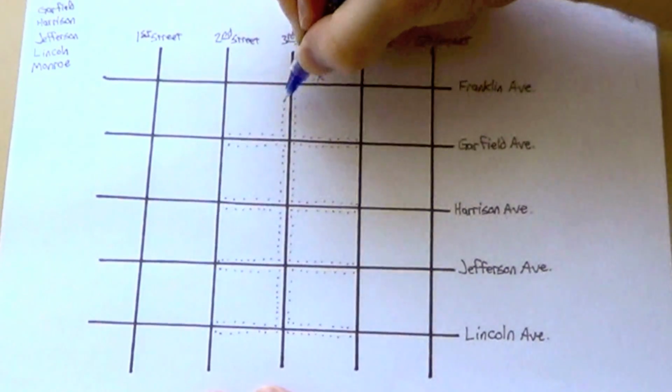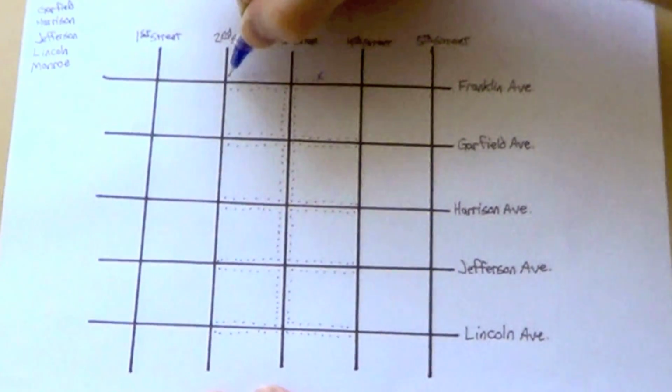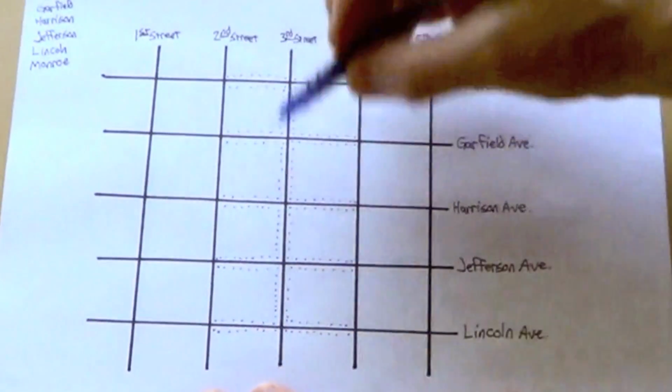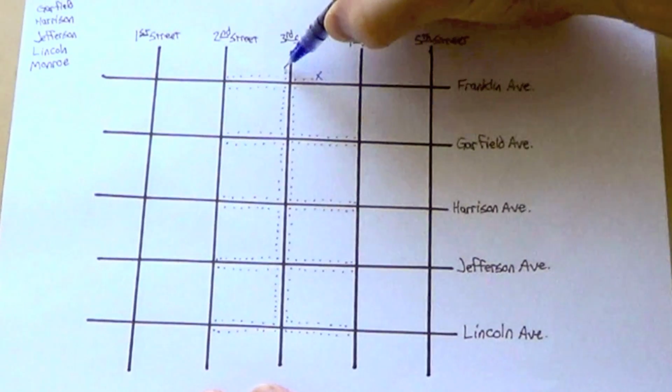Candy, turn right, candy, cross the street, candy, and you're almost back at your own house. How awesome is that? Now, if you still have a lot of time, you start going this way, up 3rd